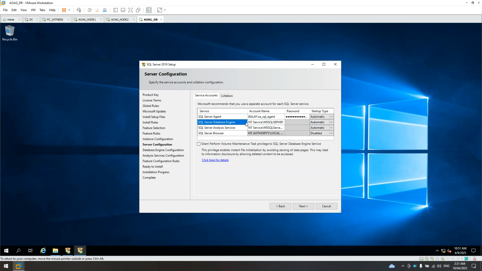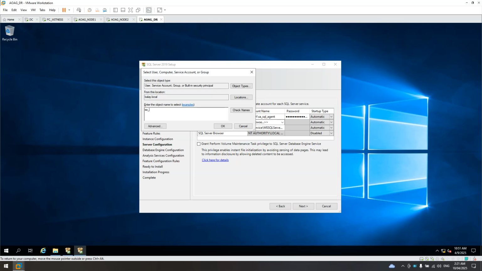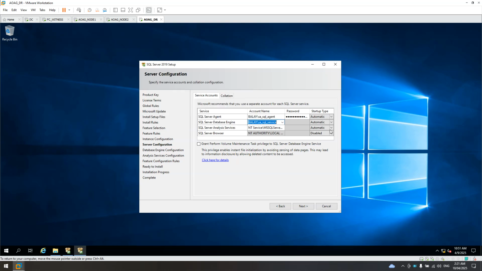And for the database engine, use the service account, SQL service, and the password. Then grant. Leave the settings default.